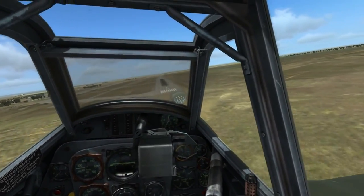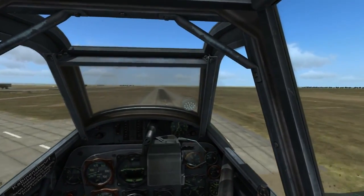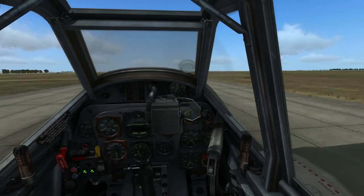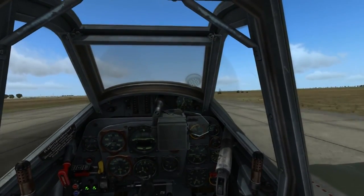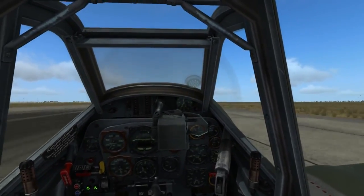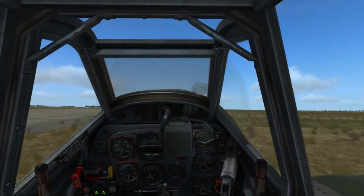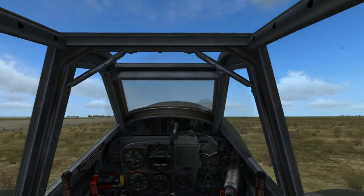So, and now for the interesting part. You know that the undercarriage is very narrow, and the machine tends to twist in one direction, and I find it very useful to tap the right brake as soon as I touch down. I'm going to touch down as gently as possible. As soon as I touch down, I'm using a little bit of the right brake, and then the left one and the right, trying to not flip over to either side, and I'm directly...